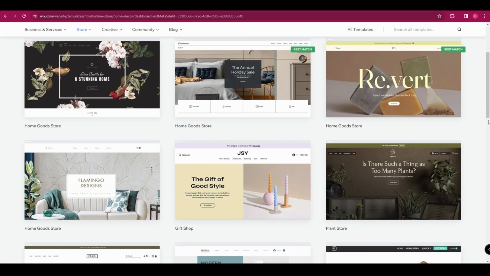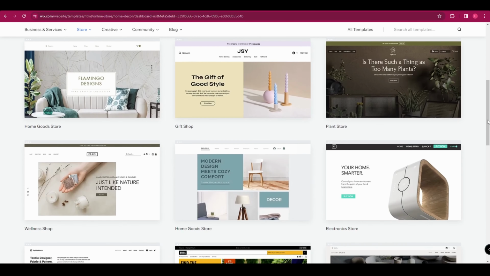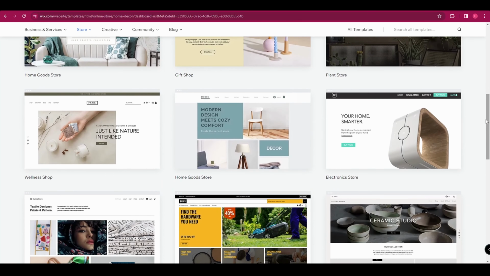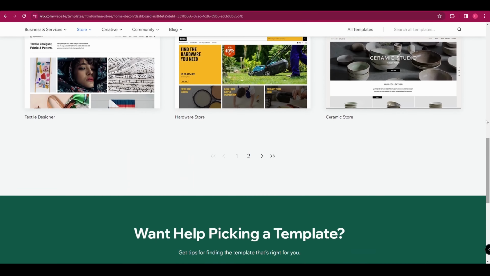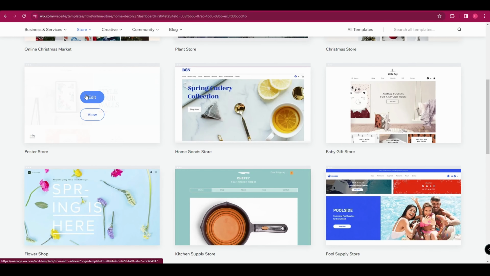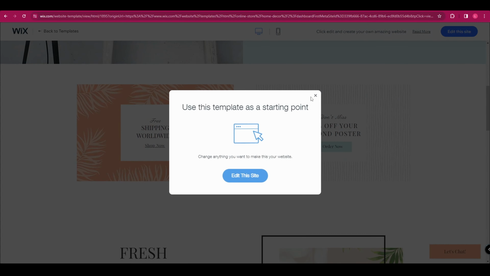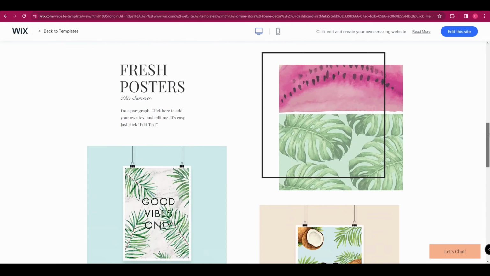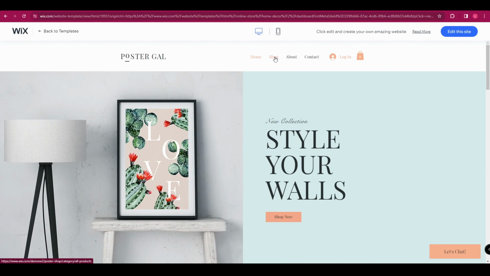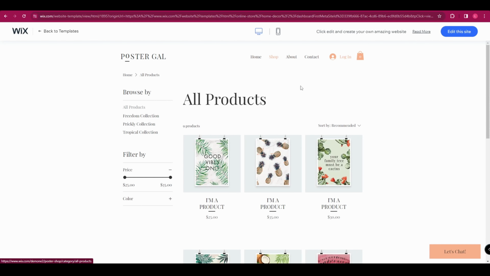And as you can see, that's updated to show us just the home and decor templates. And we're just going to scroll through until we find one that we like. I quite like this one over here. If you want to take a closer look at it, you can click View. And that's going to let you scroll through the website and see it in a bit more detail. And you can also visit the different pages. You can see what the shop page looks like, the about page,